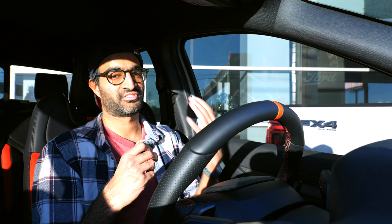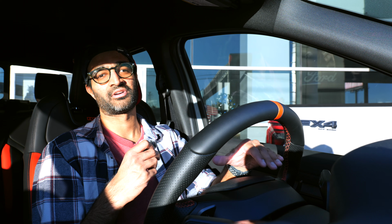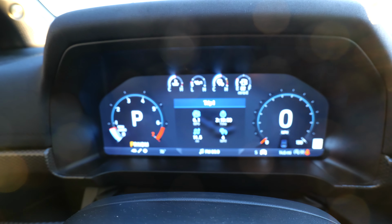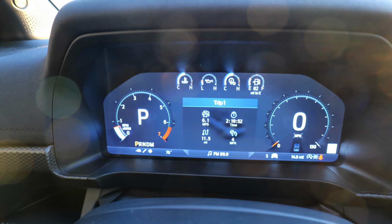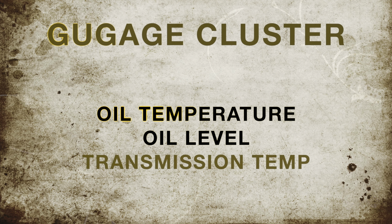As you can see, we're sitting right here in the blazing sun, and I can still clearly see what's going on in front of me here. So we have two dials that are digital that tend to mirror your standard tachometer and speedometer. On the left side, you have a really nice big gear readout, and on the right side, a nice big speed readout. So on the top, of course, you have things like your oil temperature, your engine temperature, transmission temperature,